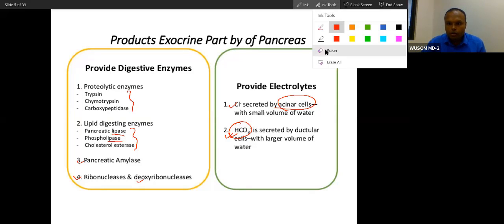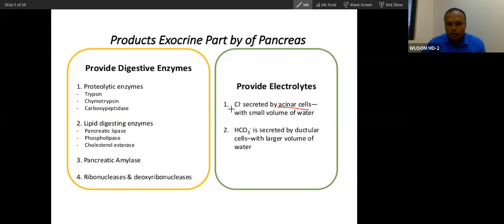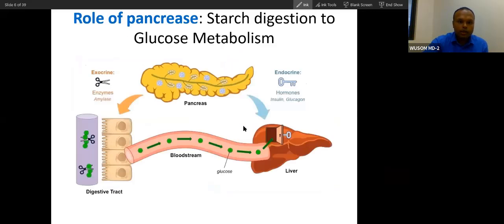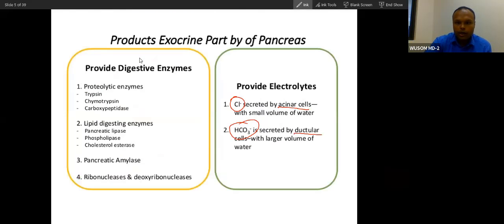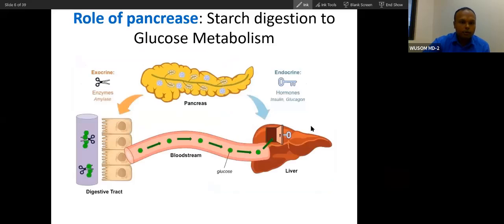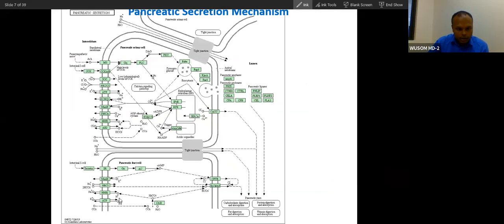Acinar cell, chloride, and then ductular cell, bicarbonate, and you will know this through this image. So I told you about the acinar cell and ductular cell. You can see secretion of chloride here and here, from other cells. Though this seems a very complicated picture, the main purpose of this picture is to show the action